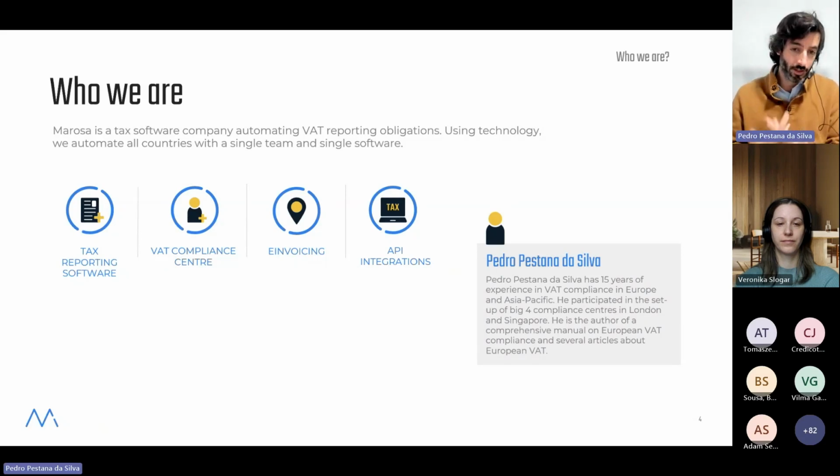E-invoicing is somewhere where we've been very busy the last 12 months because we're adding a layer of e-invoicing module to our Verify tool. Verify is the name of our software. I will give two more words about Verify in the last slide, but just so you know that it is part of the core nature of our services, and it comes with multiple integrations to SAP and other ERP software. Veronica did an introduction of myself already, so just to add,